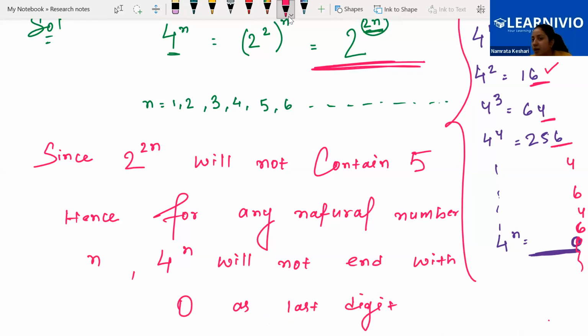Okay, 2 to the power 2n is not containing 5, hence 4 to the power n, whatever n we are going to pick as a natural